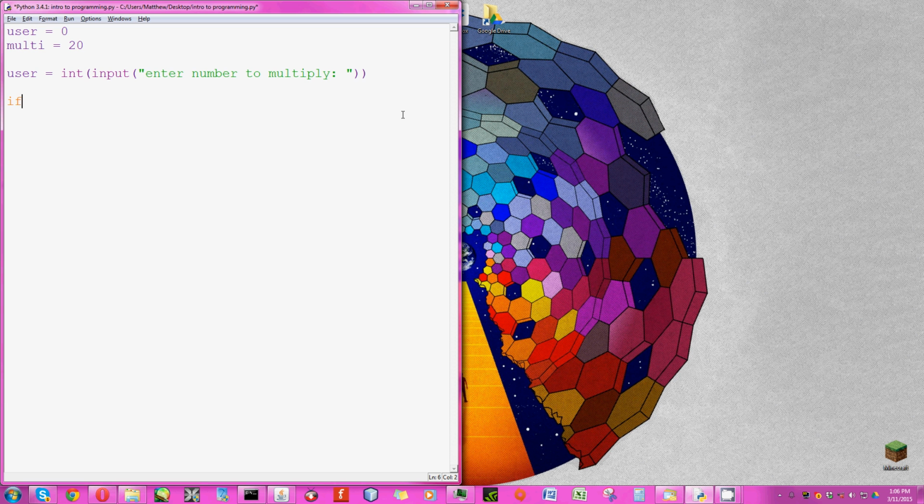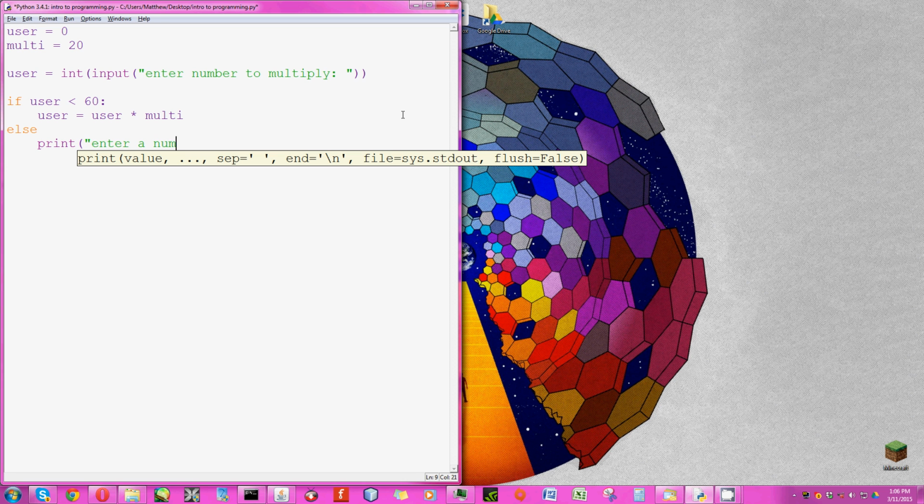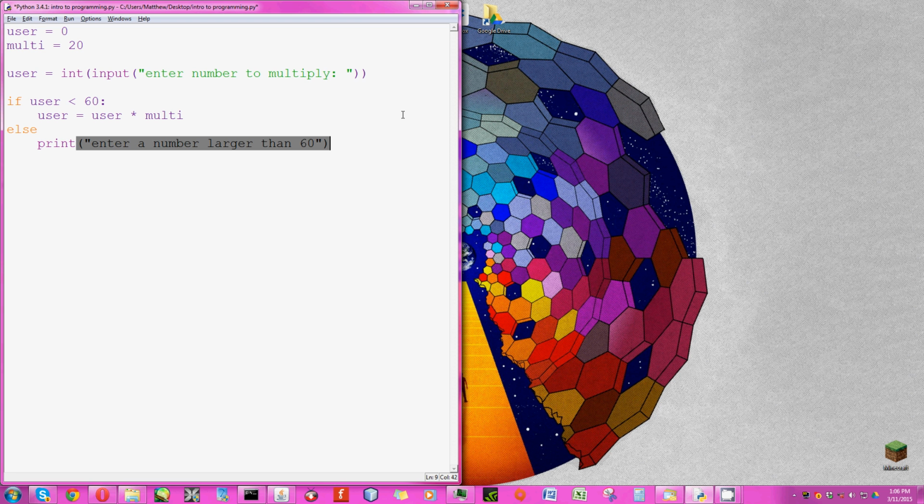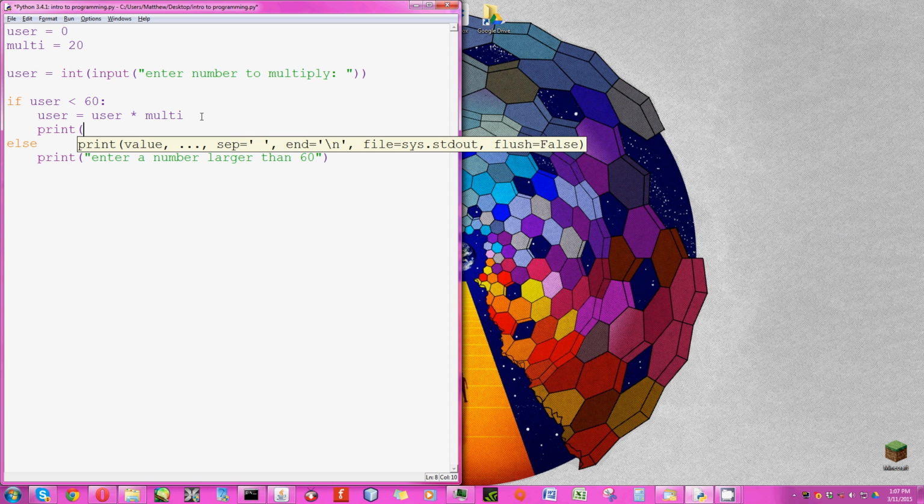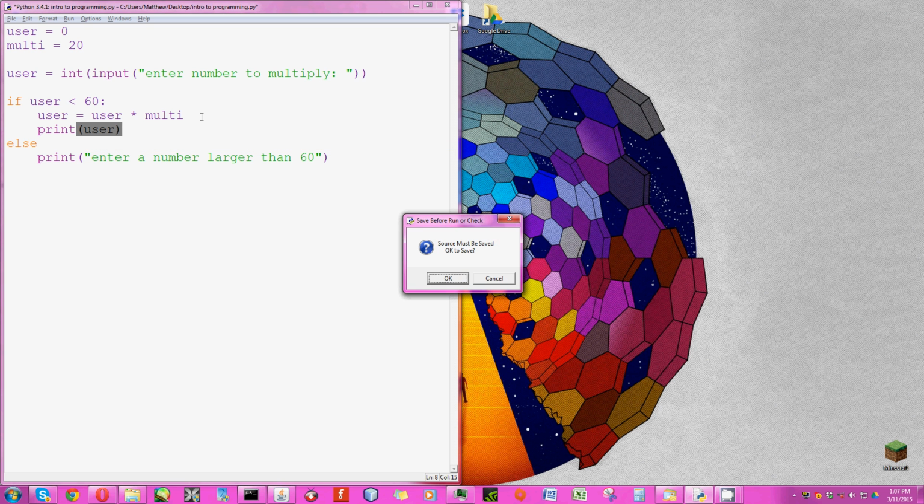Now what we're gonna do is, if the user input is less than 60, then we're going to make user equal to user times multiplier. Otherwise, we're just going to say print, enter a number larger than 60. Hang on. Let's make this print user. Okay. So now if we run this,